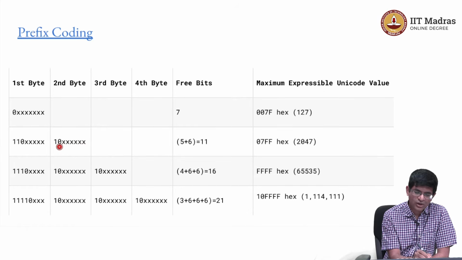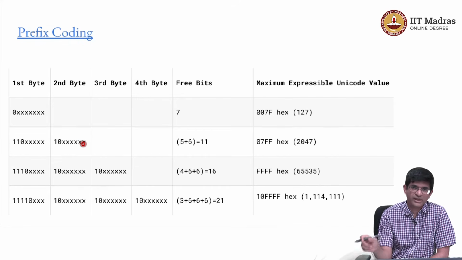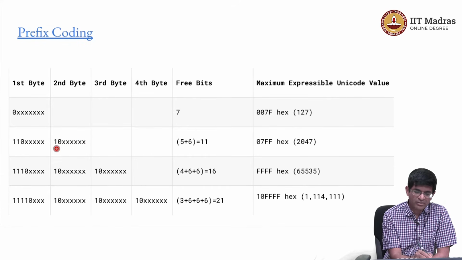I can't just take all the 8 bits over here. Maybe I could have, because I'm after all saying that I've already decided based on the first byte that this is what it is. But think about what happens if you were just scanning through a set of bytes and you arbitrarily picked one somewhere in the middle. You don't know if it's the first byte or the second, third, or fourth byte of a given character. So at any point I should be able to look at the first couple of bits and say,